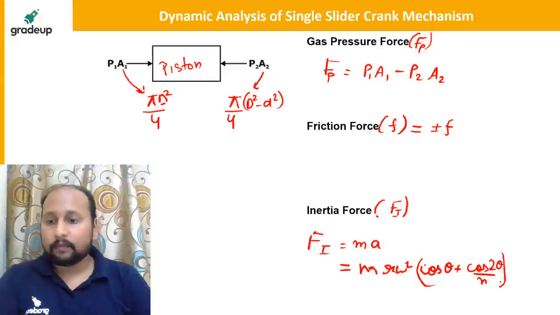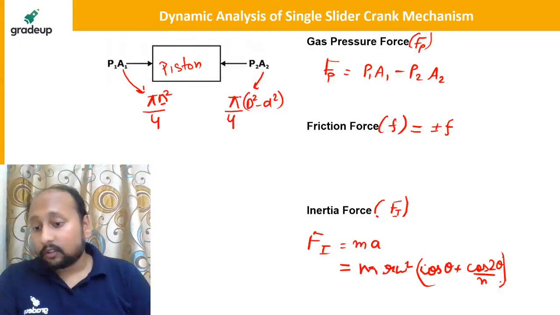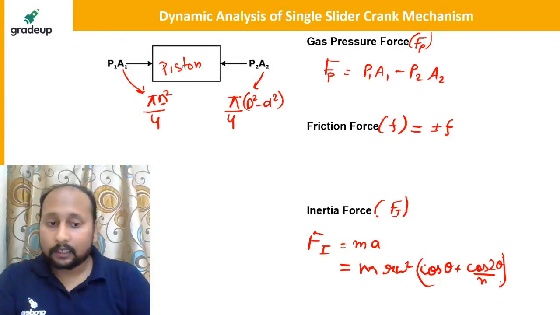Now, inertia force equal to mass into acceleration. This is m r omega square into cos theta plus cos 2 theta by n. Clear? Now, if I summarize it,